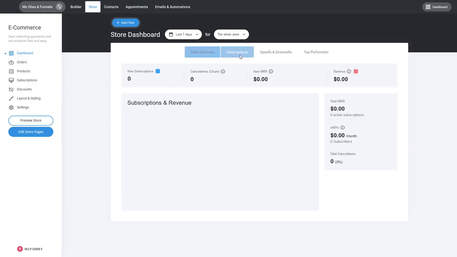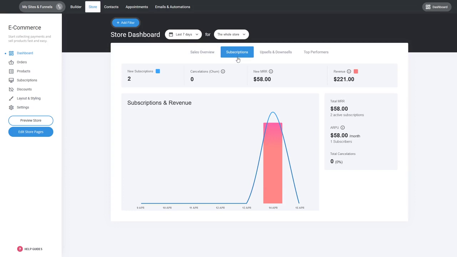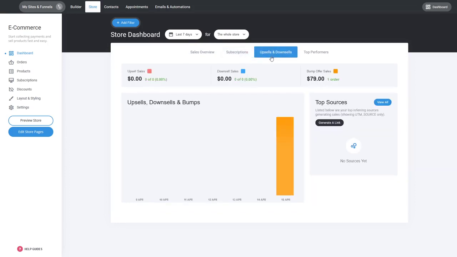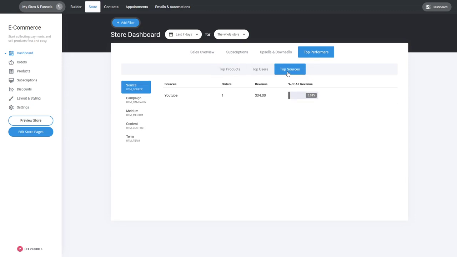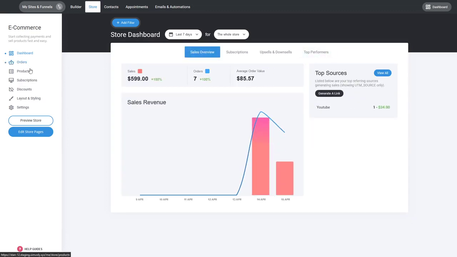Then you have a tab with all the subscriptions that you have. Again, if you don't have any subscription products, here it will just be blank. Then you have the upsells and downsells and bump offers inside your funnels. So you can see that information with the sales funnels. Really awesome way to see that information. Top performers, which are the most selling products, top users, top sources that are bringing traffic and sales to your store. So all this information from your dashboard, you can see all the orders, you can see all subscriptions, products, all these